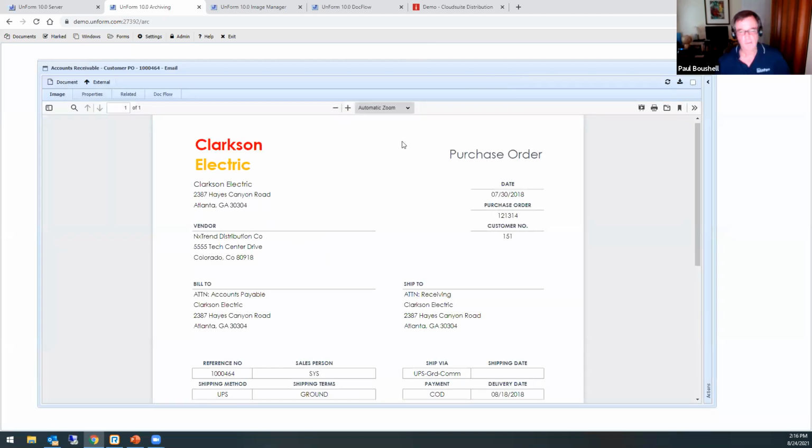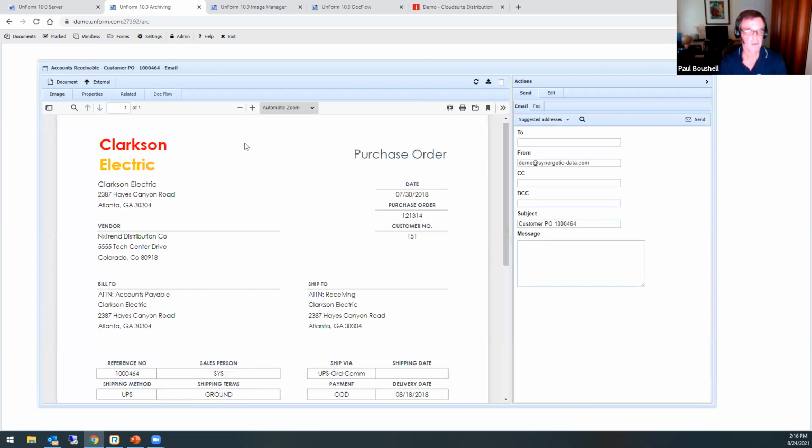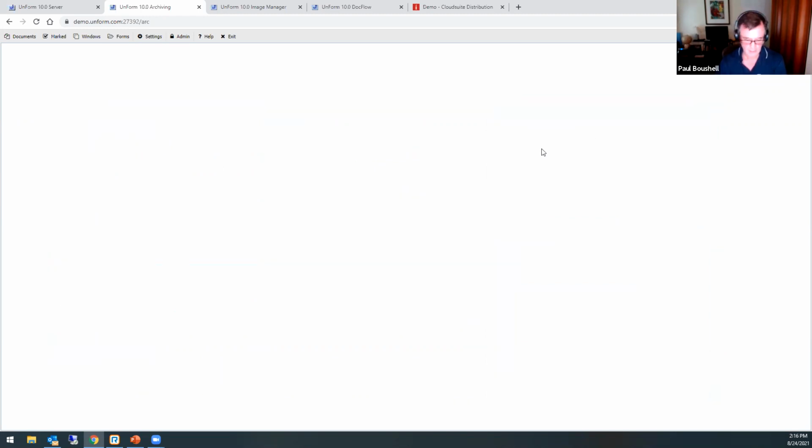So again, it's in there, the purchase order's in there. It's going to be linked back to that sales order, the invoice, all the other documents that are associated with this particular transaction. So it's a great tool, now you've got a complete audit trail of that transaction. You can respond to your customers' queries very quickly and easily. You can email documents from here as well. So it's a real quick and easy way to get those into the system.